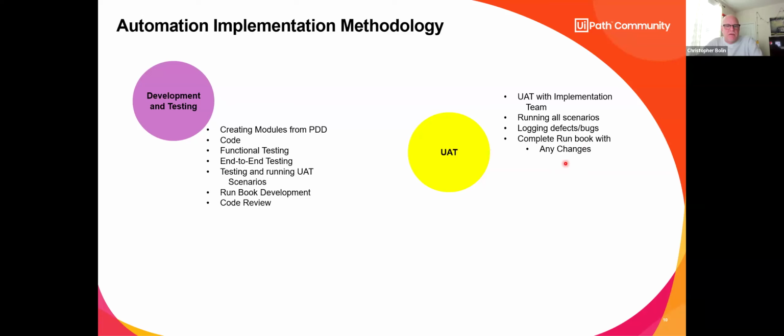And you always want to keep up with any changes that you have to make, document your changes. It's funny because usually in these 2 stages, you're going to have some change requests. Can we add this to the automation? Can we do this with the automation? And a change can happen.